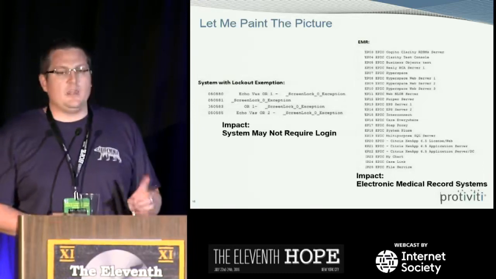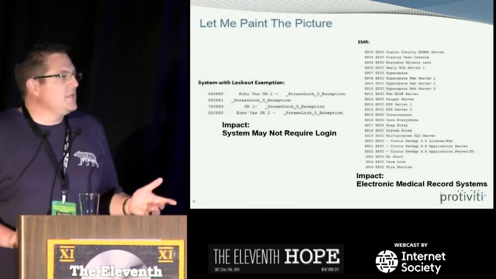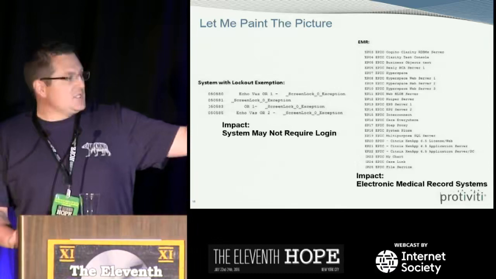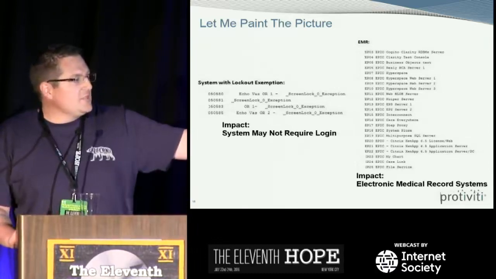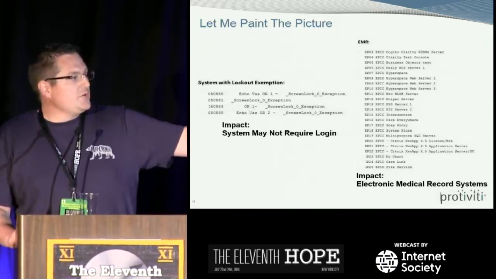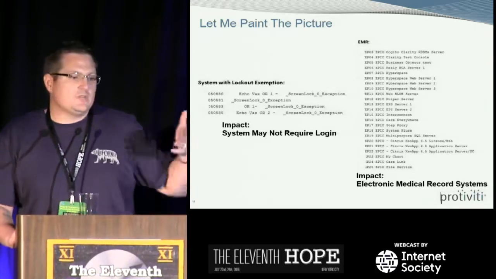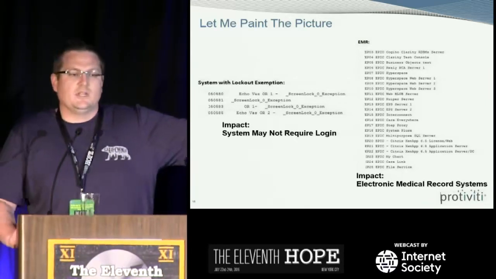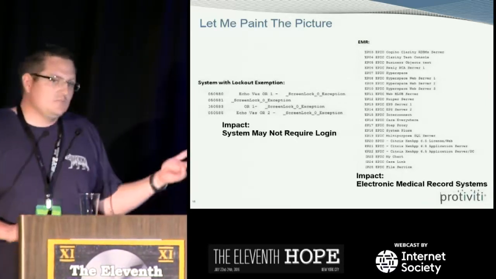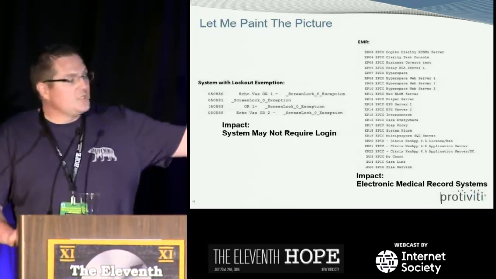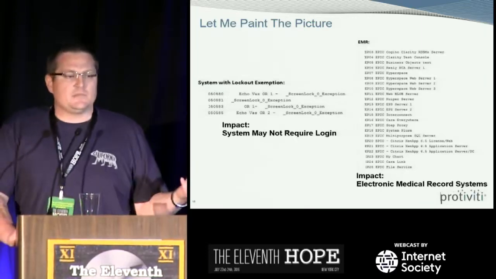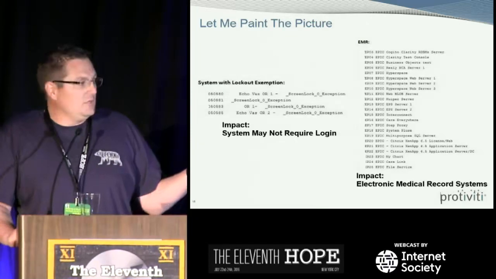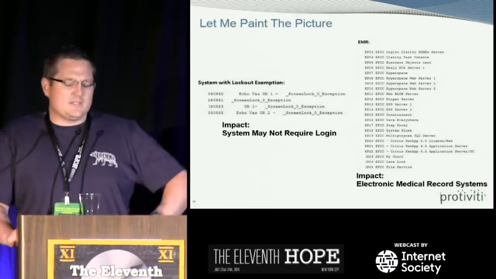As you can see here on the left, you would get stuff in here. So you're getting specific locations, right? OR1, echovascular OR2. You're getting screen lock 0 exemption. So Active Directory with 0 isn't enforcing a timeout, which one would probably be a HIPAA violation. But two, from an attacker perspective, if you walked up to that system, which we'll talk about, there wouldn't really be a screen lock. On the right, that's the electronic medical record